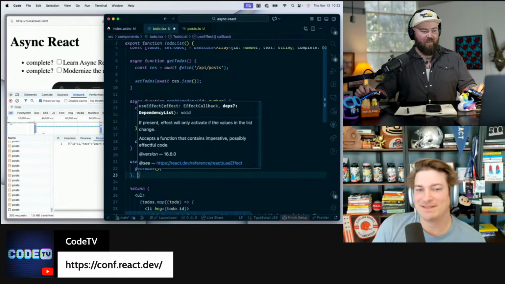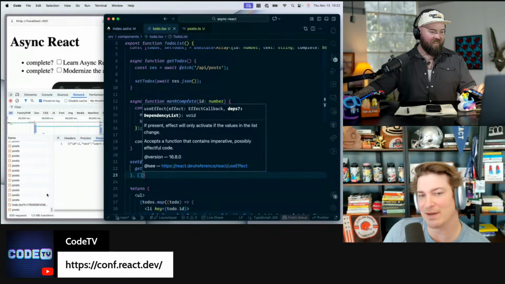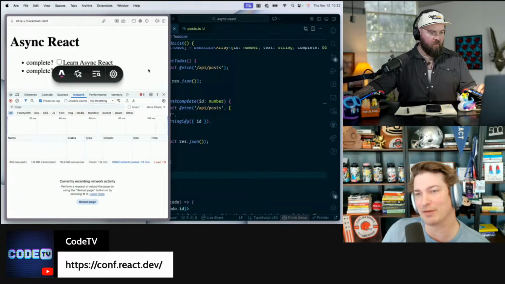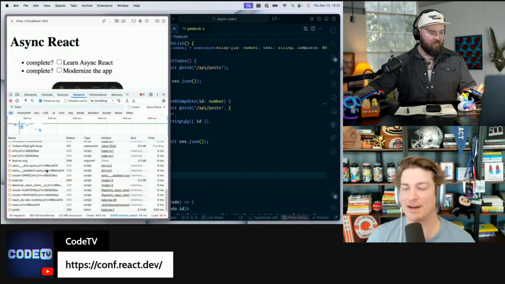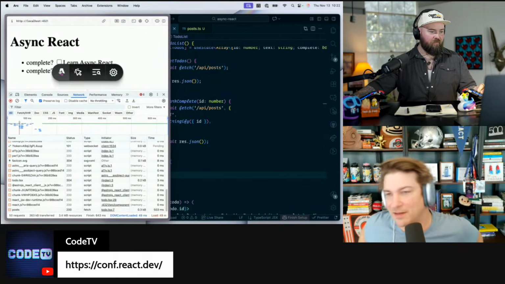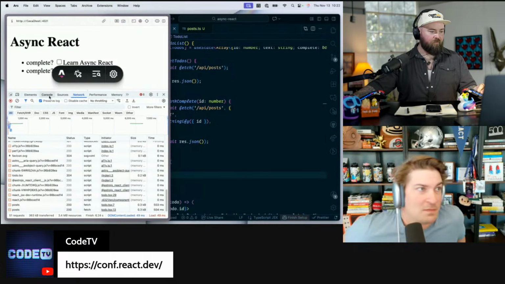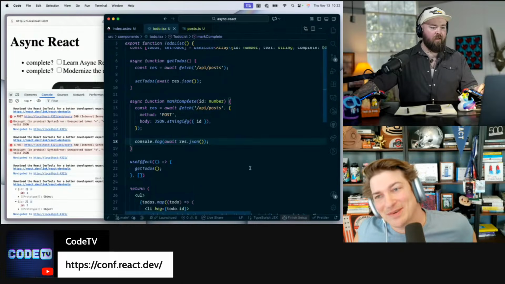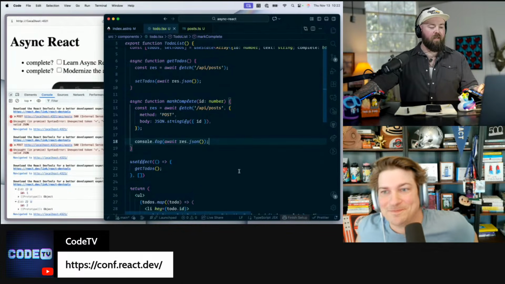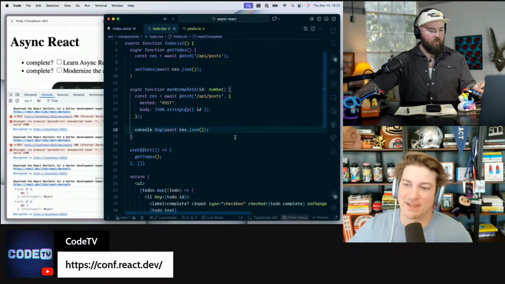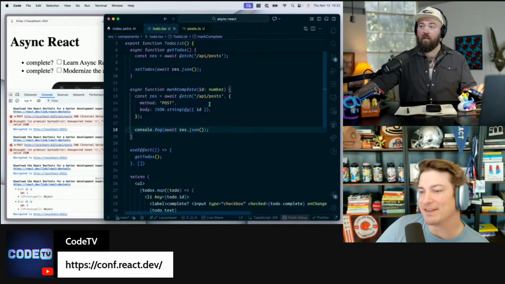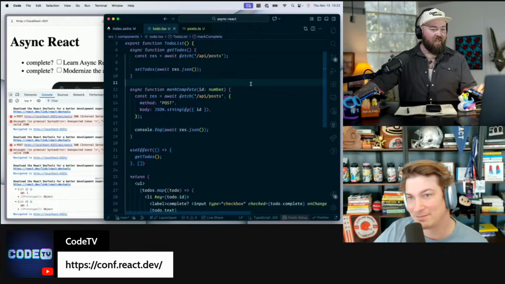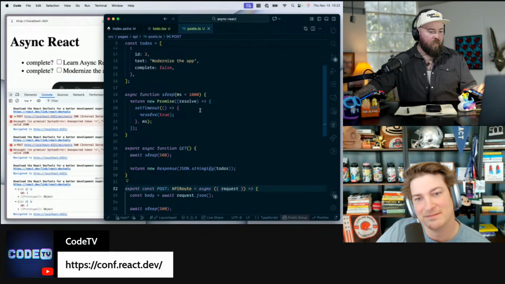Okay, so one of those. So now we hit, it's funny, we immediately hit one of the bigger frustrations with React right now, which is effects and getting your dependencies right. And the spoiler for later is that we're not going to need this effect. So you won't have to deal with this in async React world. Excellent. Okay, so we've got that. Shout out to Matt for calling that out a long time ago. Yeah, thank you for paying attention. And then we need one more.